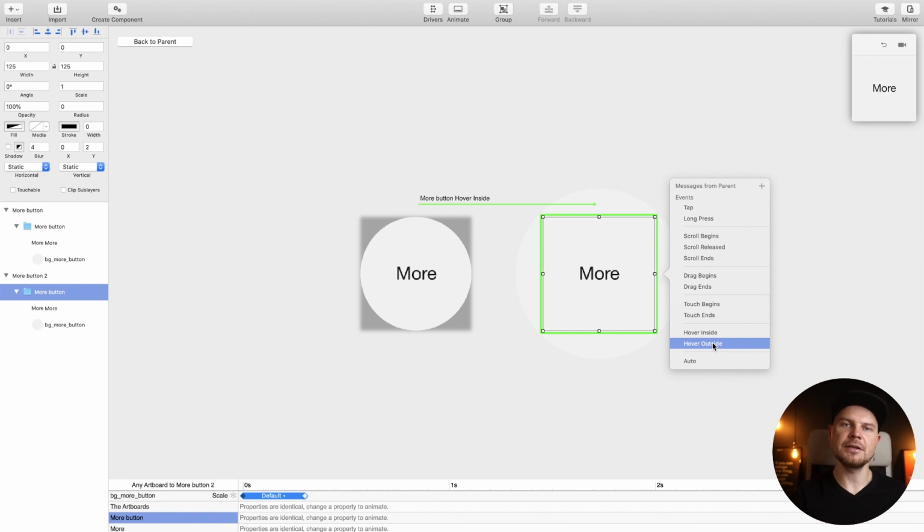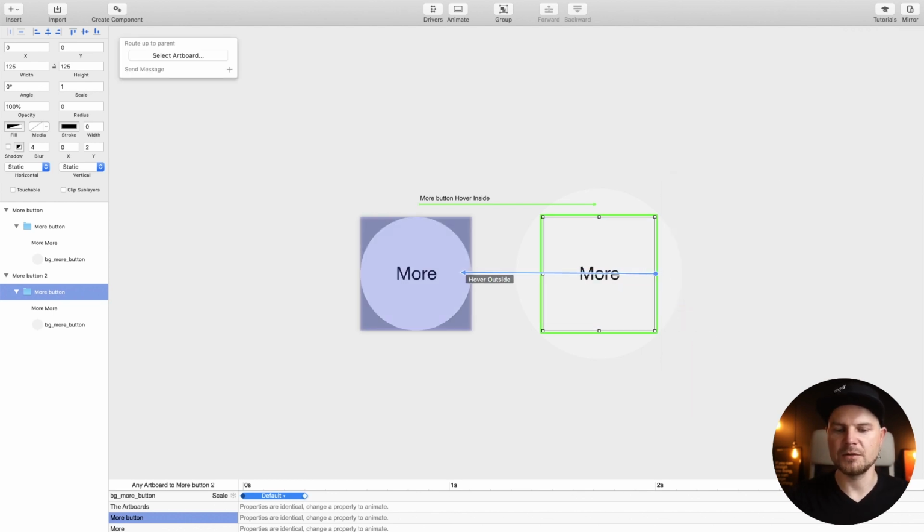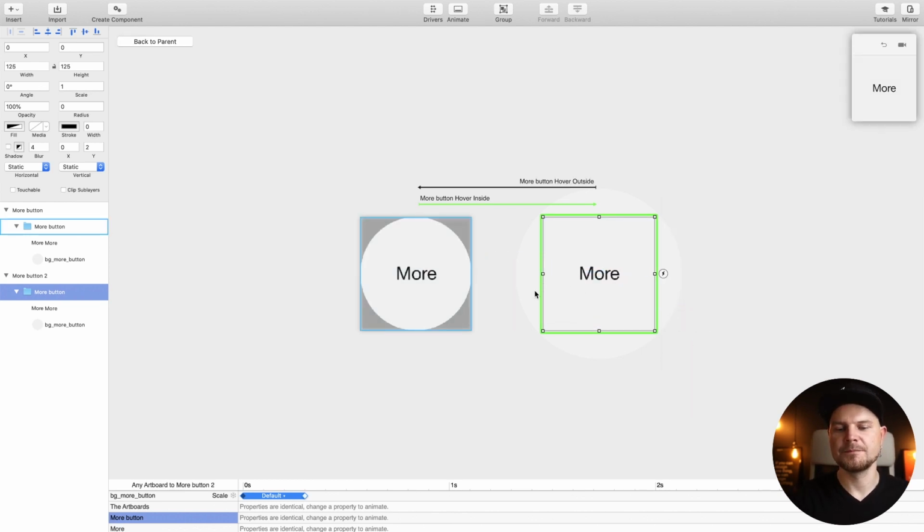On hover outside, it doesn't work like in Figma while hovering. It's not while hovering, it's when you hover on something, animate this. Once hovering outside, animate this. So that's why on hover outside, we are pointing back. So when we hover on this one, it will become bigger. When we're not hovering on this one, it becomes smaller. I'll show you a little bit later where we need to use only hover inside, but without outside. So we created this component. Now when we click back to parent,